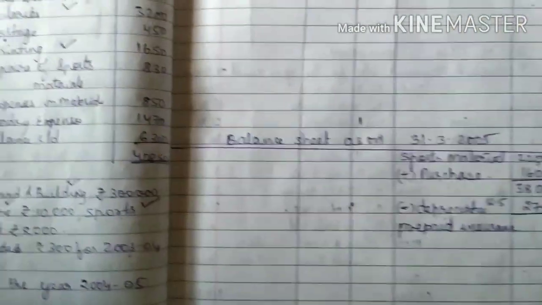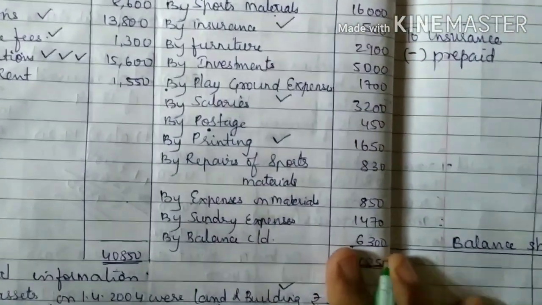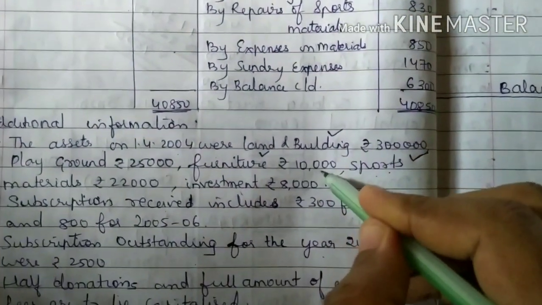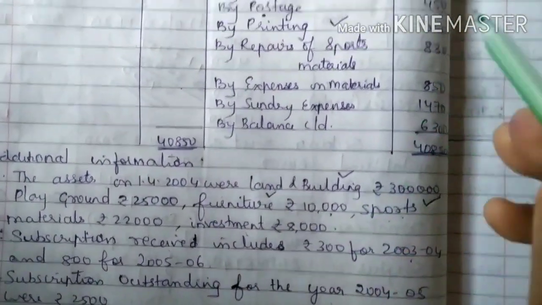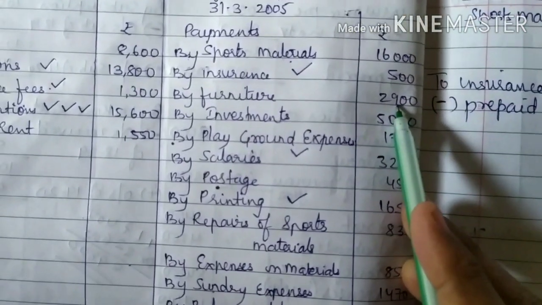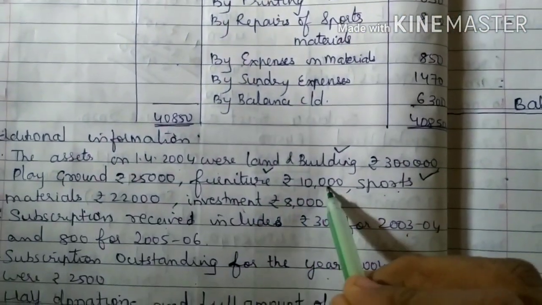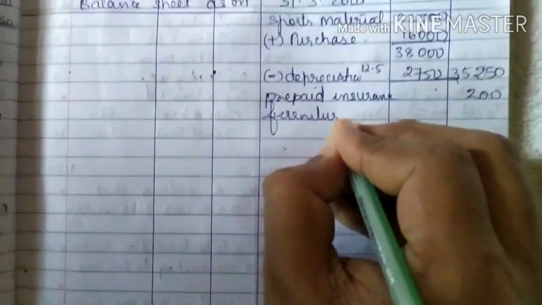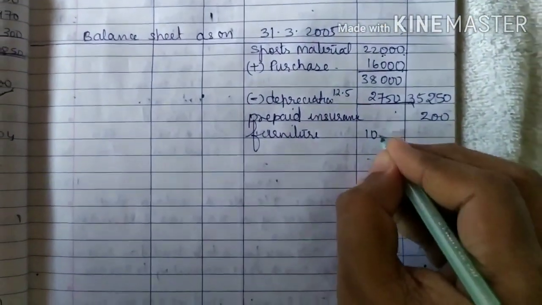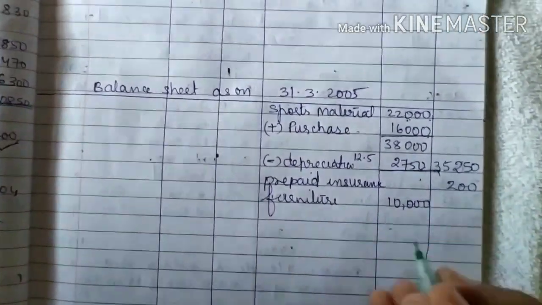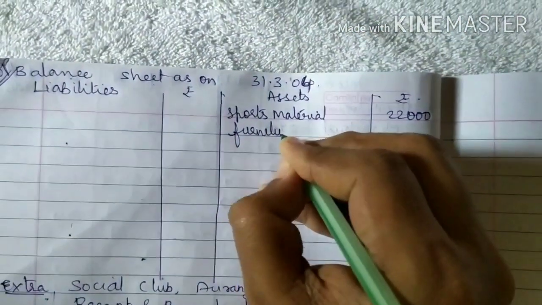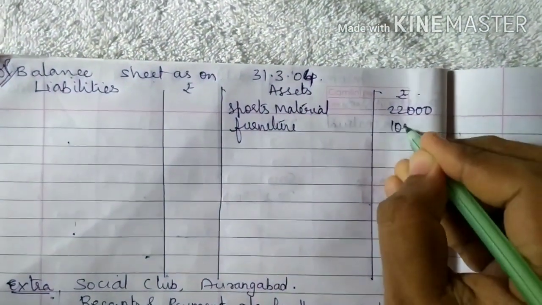Then you have next item, you have furniture. फर्नीचर आपका इधर भी दिया, नीचे भी दिया। ये आपका ओपनिंग फर्नीचर है, ये आपने ये साल परचेज किया है। सो ये आपका फर्नीचर जो 10,000, ये आपका ओपनिंग है। तो ओपनिंग फर्नीचर which is 10,000 rupees, ये ओपनिंग है तो ओपनिंग बैलेंस शीट में भी आएगा 10,000।